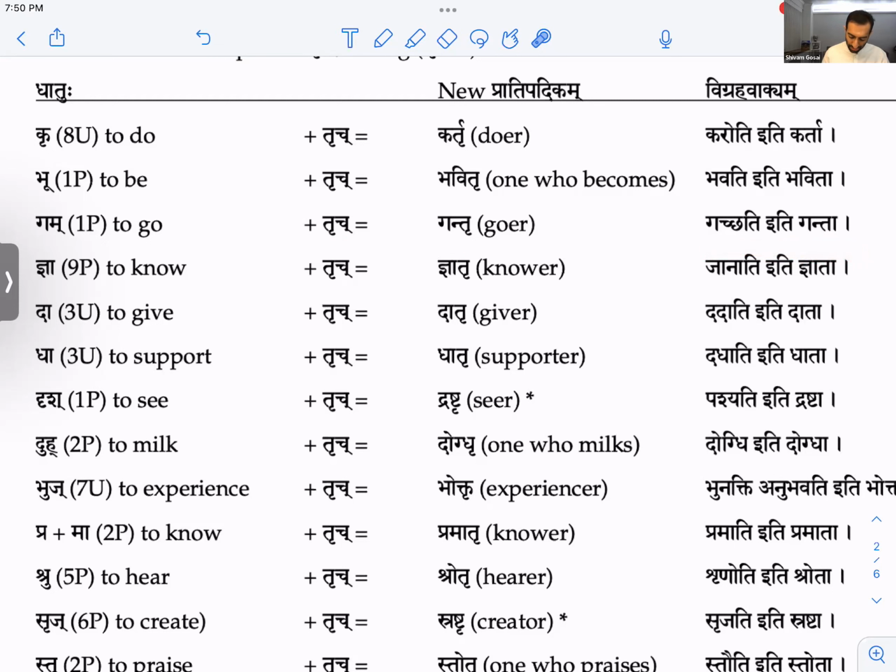Okay, so you can read through this on your own, and you don't need me to read it to you. You see these stars, those are exceptions. So drish dhatu plus trich becomes drashtr. Okay, now this is not as simple as it seems. It's an irregular form. So we say pashyati iti drashta.